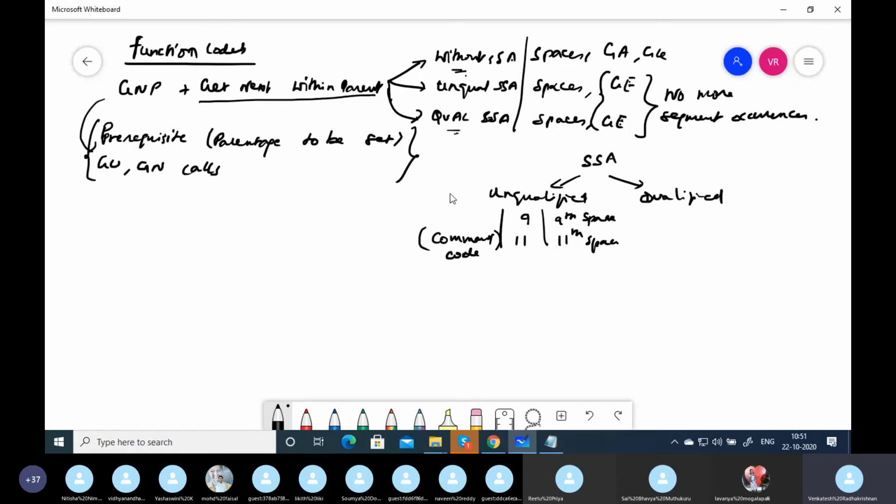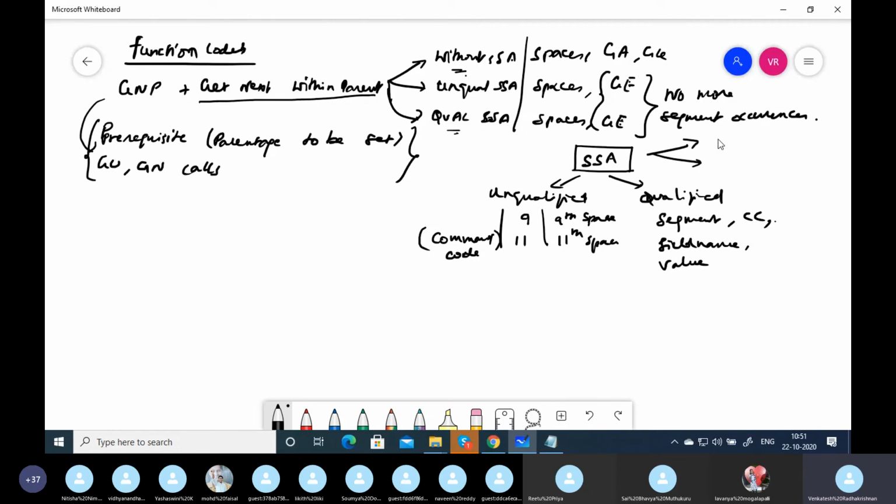And what is a qualified SSA? A qualified SSA is going to have the segment name, command codes, and then the field name and value: field name, a relational operator, and value. You can give any relational operator, and you can give logical operators by connecting more than one condition. You can have a maximum of 1,024 conditions, but ideally you will not use more than 2 or 3 conditions. You can combine the conditions by giving the key field or a search field in the qualified SSA. So it is always better practice to give more SSAs.